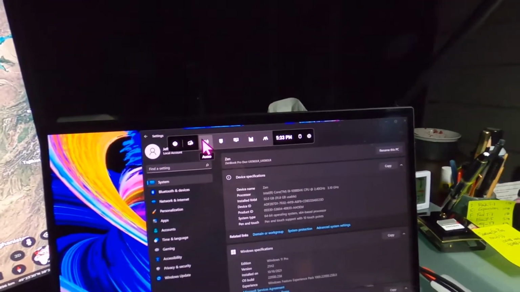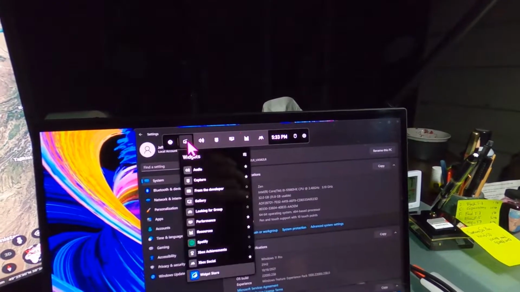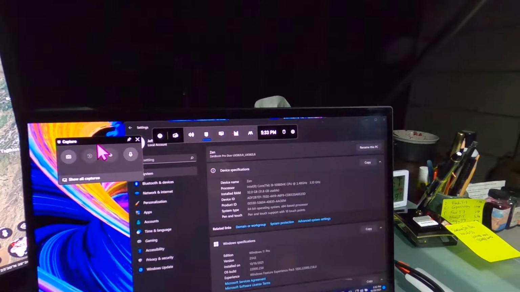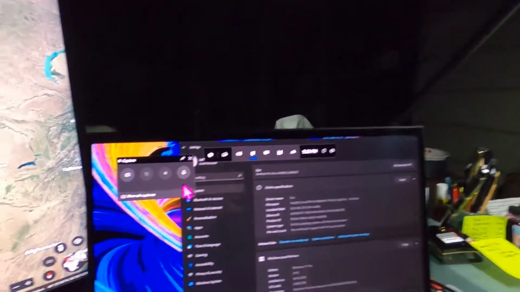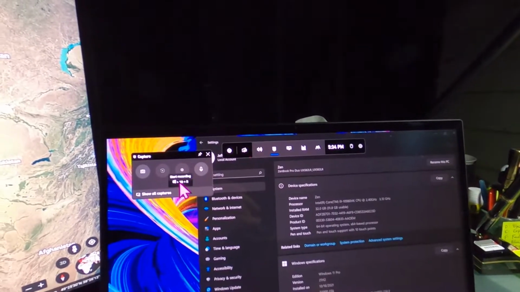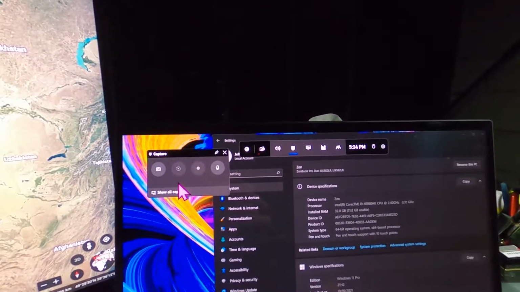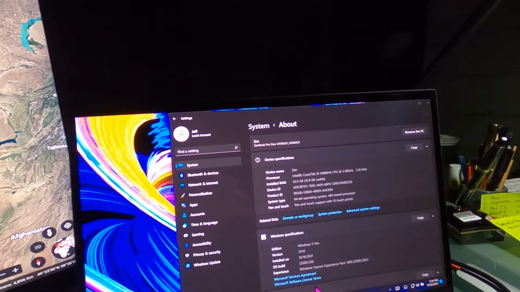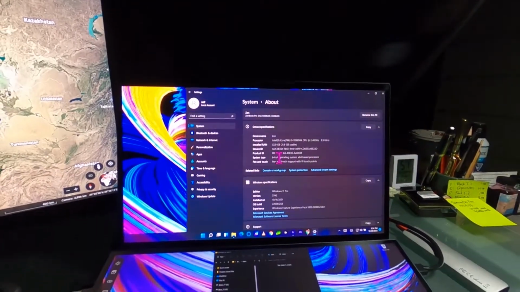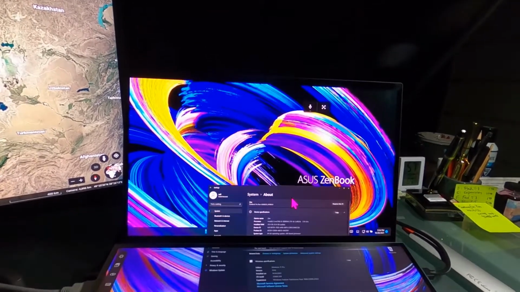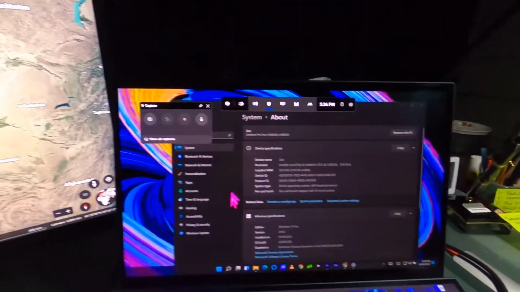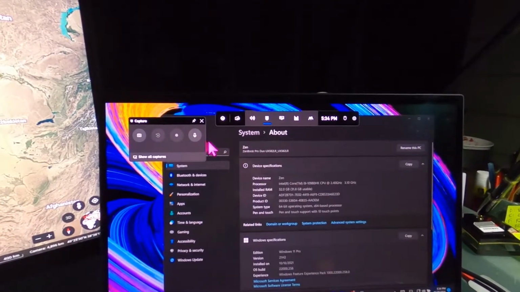So let's see the widget menu. I want the capture back, and there it is. Now, when I press, see, it's now not going to record anything. There's nothing here. But if I click on this, oops, there it goes again. Where did it go? Bring it back. If I click on System About,